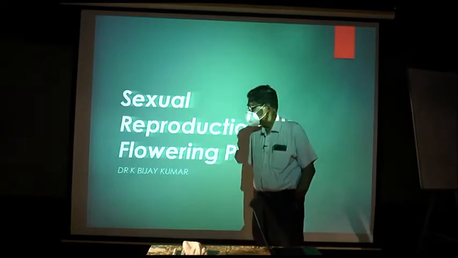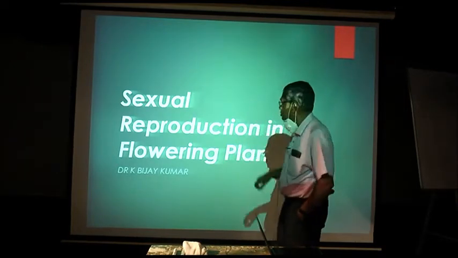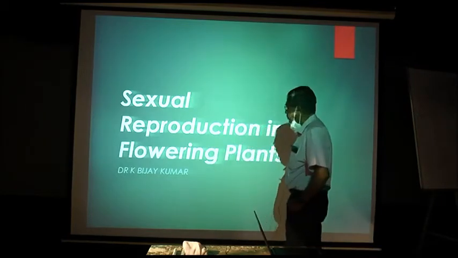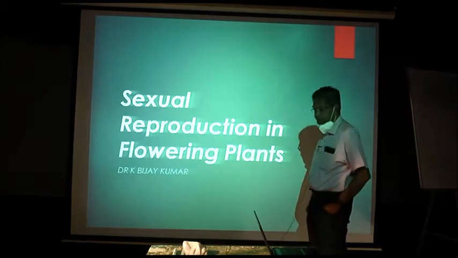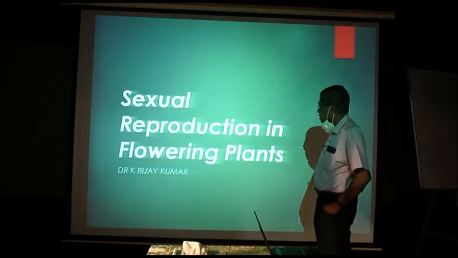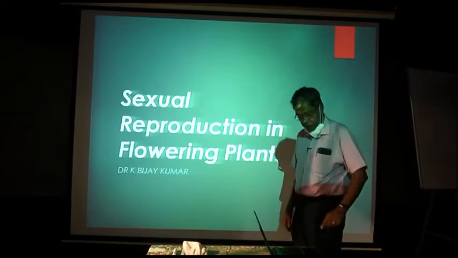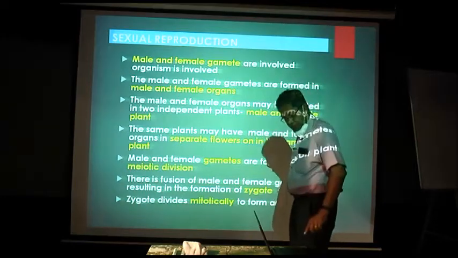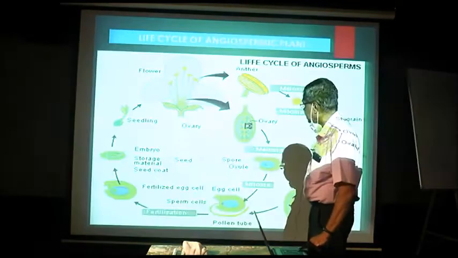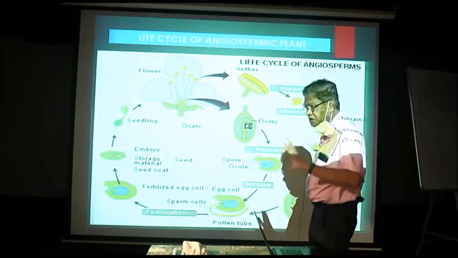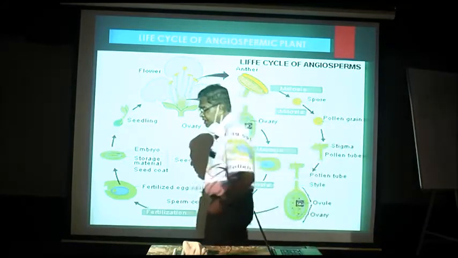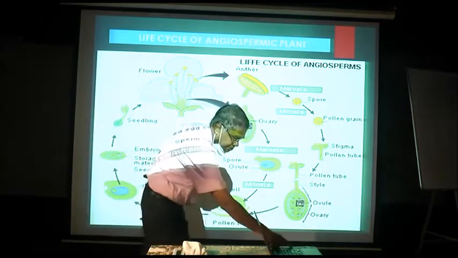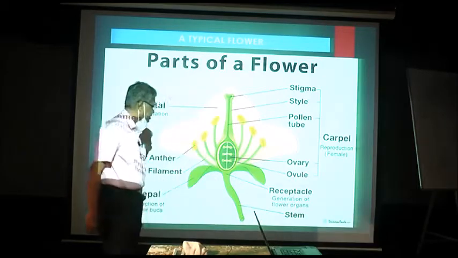So dear students, in the last class we discussed a portion of sexual reproduction and we will continue with that today. Here we will review what we have studied in the last class. Let me put it in a different way. Let us start as per your course, that is the structure of a flower. I will put it in that way so that it will be easier.